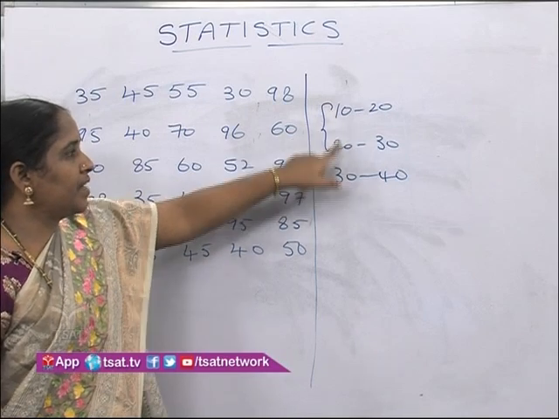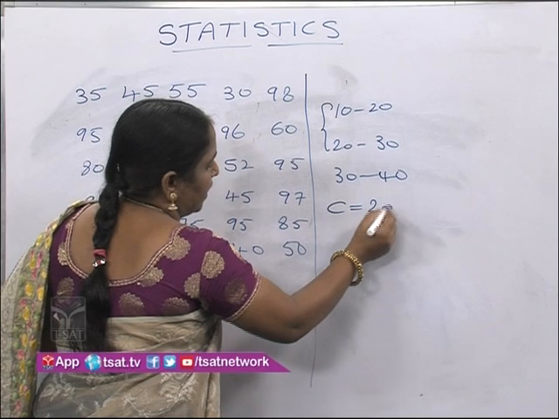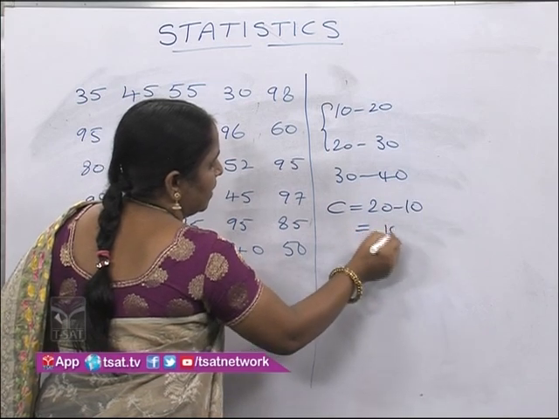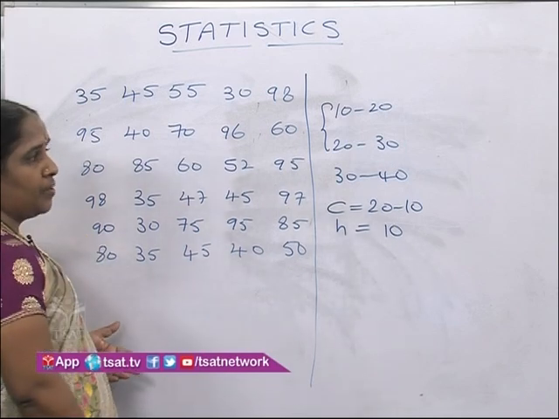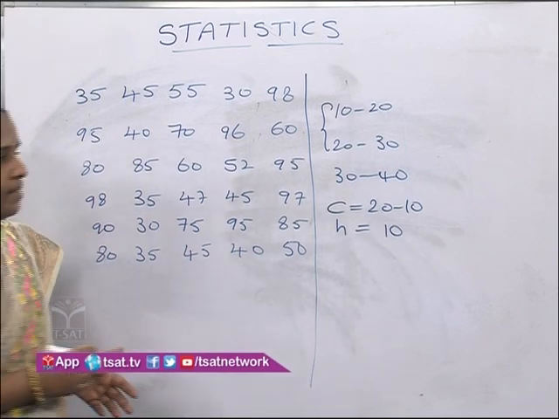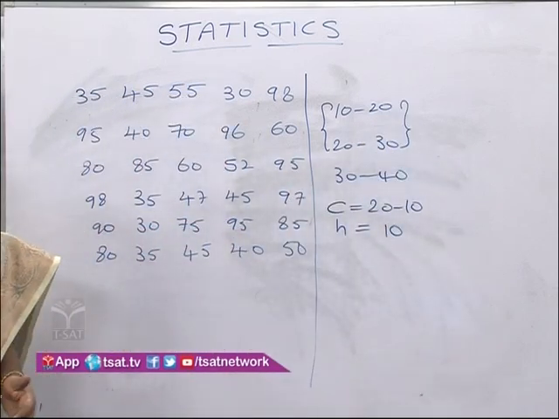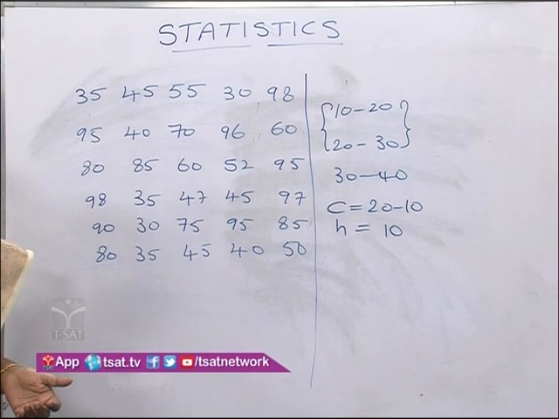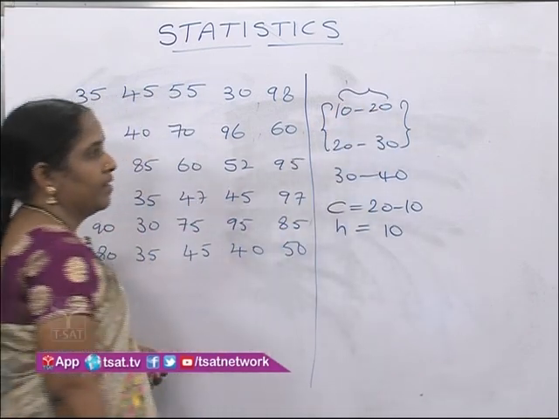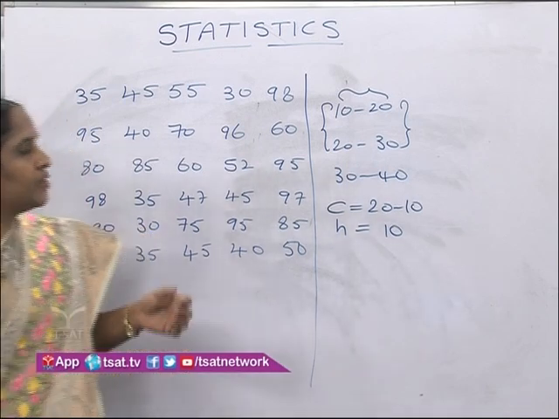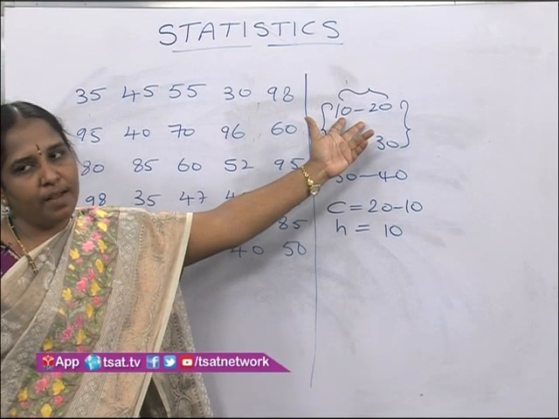If you find the difference 20 minus 10, that is equal to the size of the class. It is represented by C or H also sometimes. And not only the difference of 2 consecutive lower limits, we can take the difference of 2 consecutive upper limits also, 30 minus 20 is also 10. Or the difference of the boundaries of the